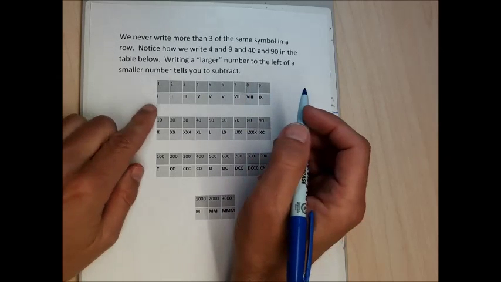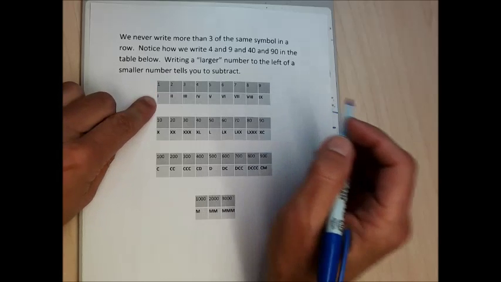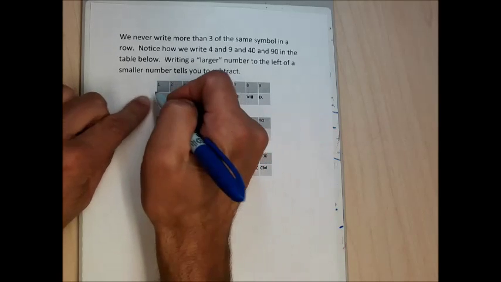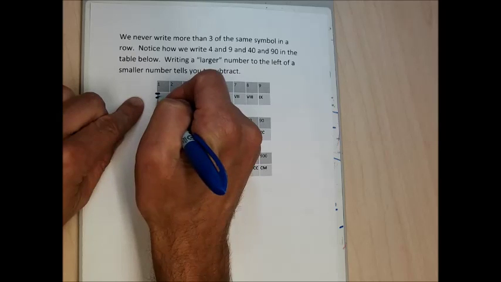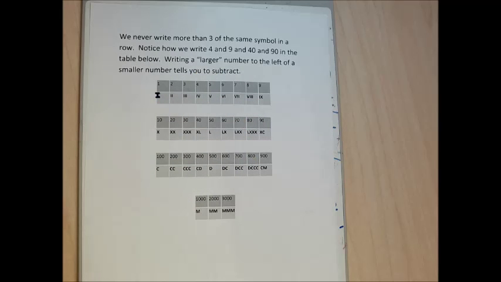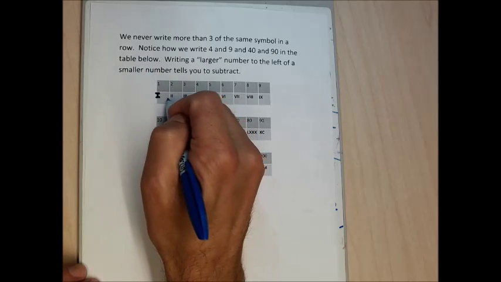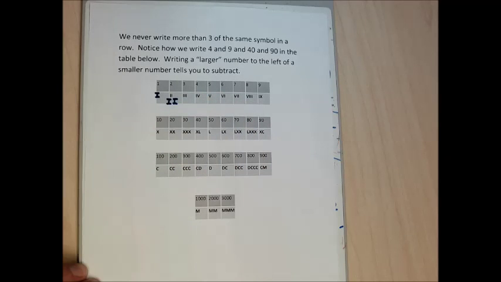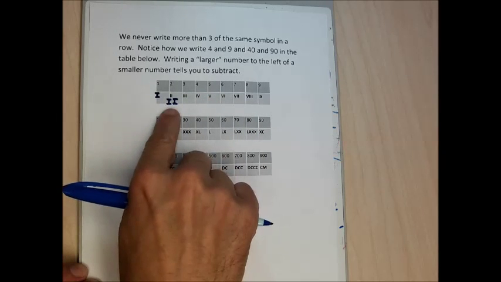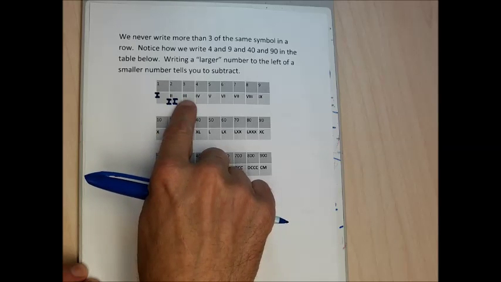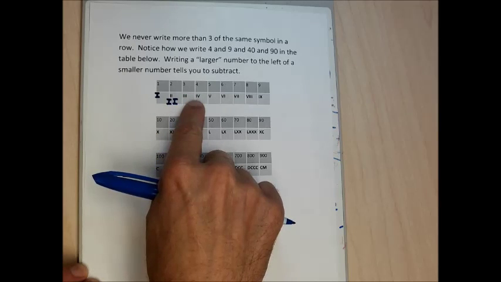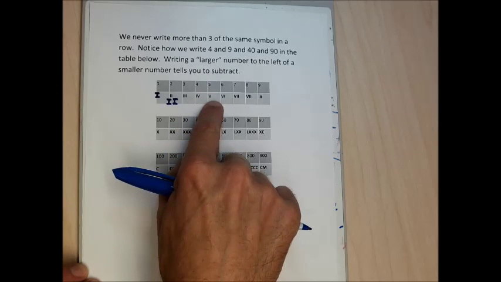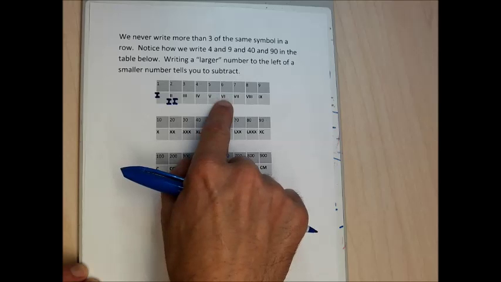So again, we see that a 1 is equal to an I, and when I write it on my computer, the font that I use doesn't write an I like that. It makes it look like a 1. But I'm going to say a 1 is equal to an I. When I'm doing it by hand, I'm going to write them as I's. So a 2 is equal to 2 I's. A 3 is equal to 3 I's. I mentioned on the last sheet that a 4 was equal to an IV. And I mentioned that a V is equal to 5. Notice the next number in my list is